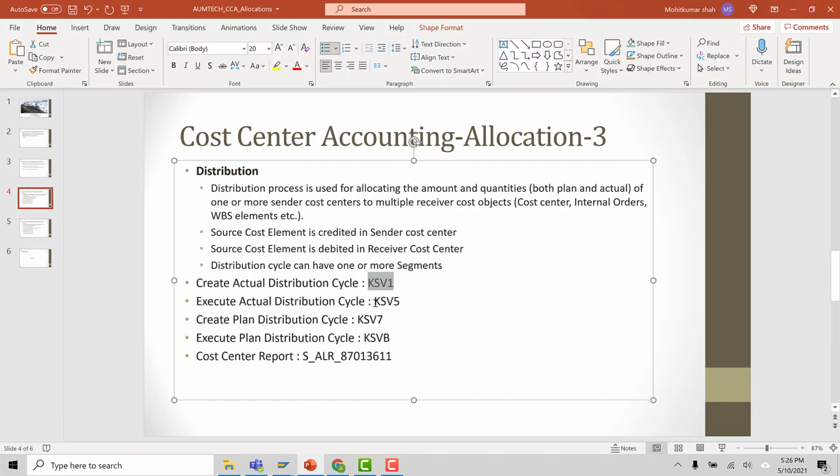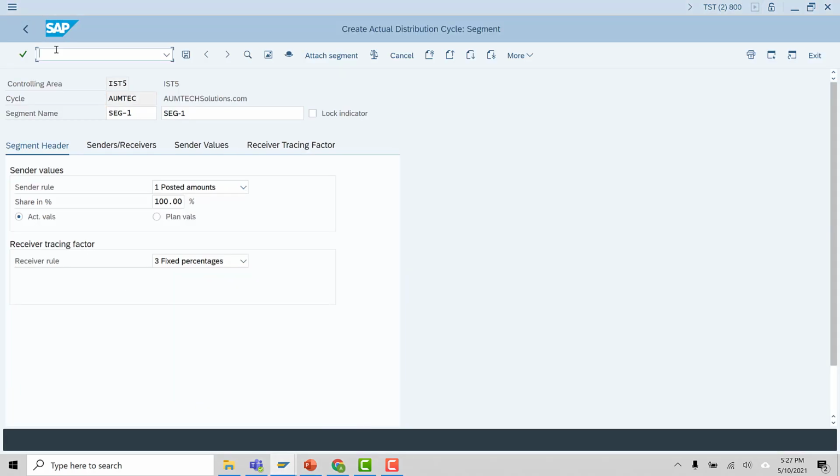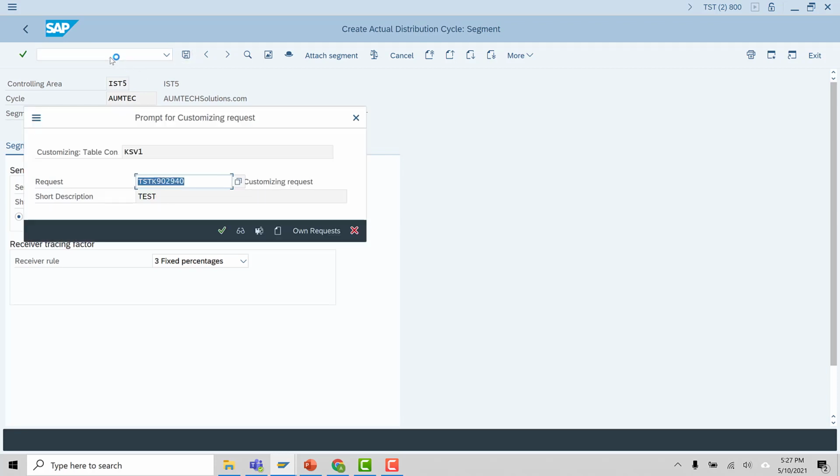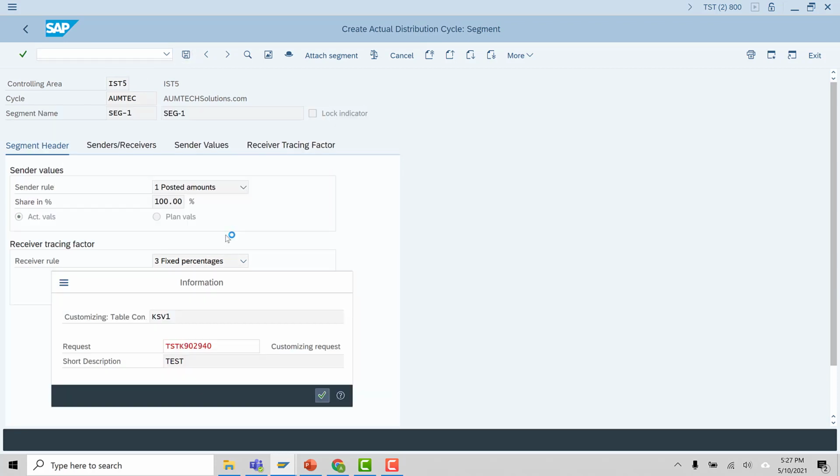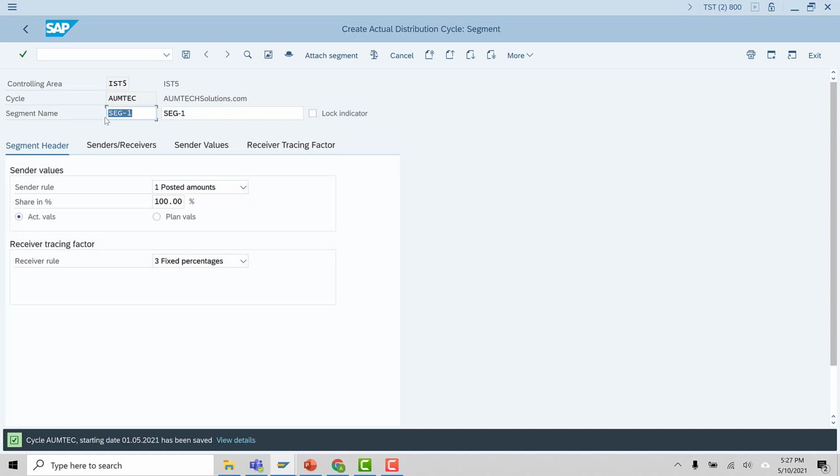So the next step is to execute the actual distribution cycle. The transaction code is KSV5.